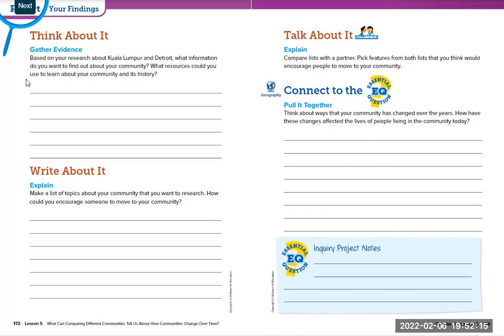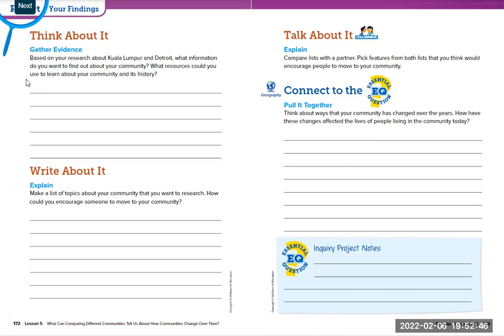So if you were to use the information that we just read about, we talked about businesses in Kuala Lumpur and Detroit. We talked about the history of Kuala Lumpur and Detroit. So if you were going to be looking about history of a specific community, then you could mention that. You could mention that based on the information that you read about Kuala Lumpur and the information that you read about Detroit, I know that I need to look for